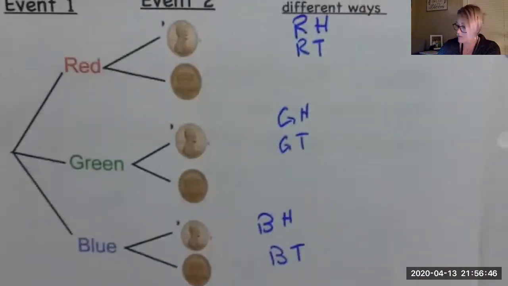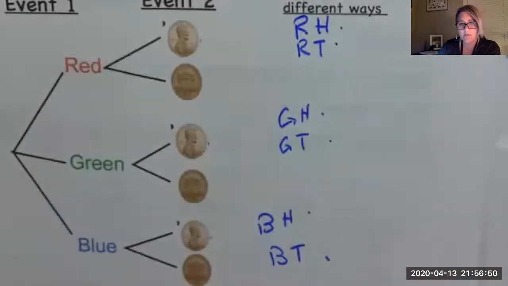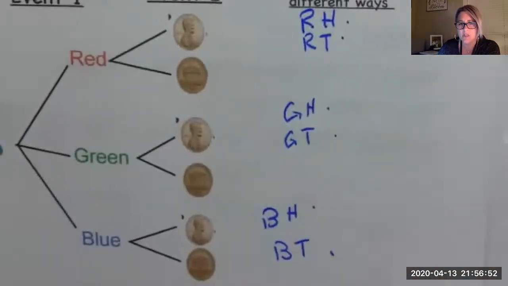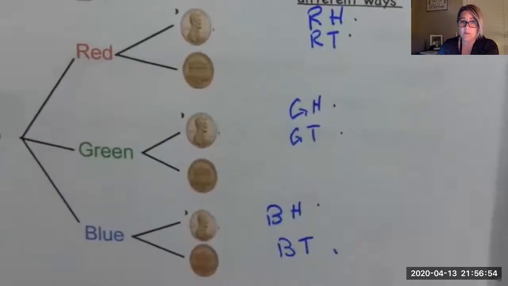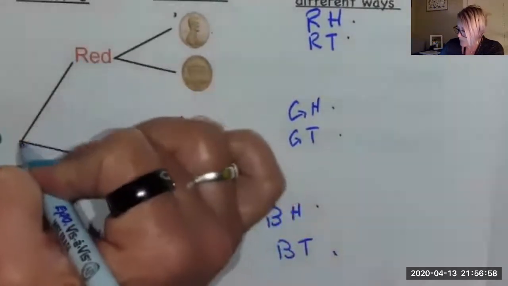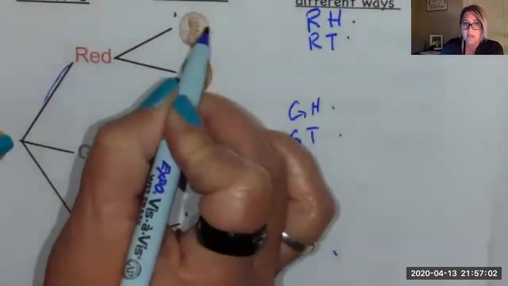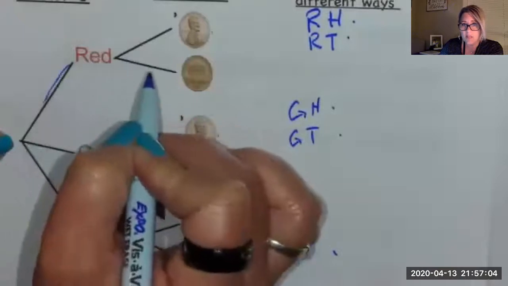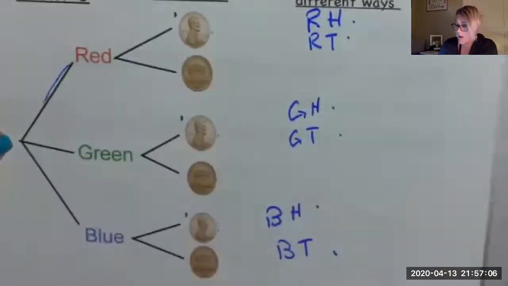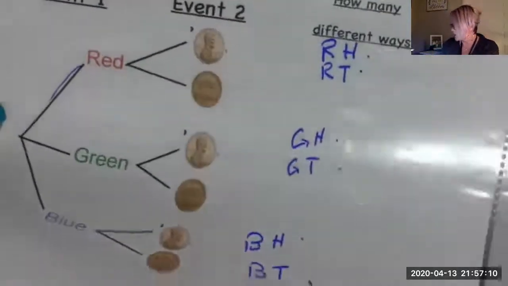How many total possible outcomes? 1, 2, 3, 4, 5, 6. We have 6 possible outcomes in a tree diagram. Tree diagrams are pretty good because you can go, well, here's event 1, so here I'm going to start. I picked a red, then I picked a heads; picked a red, then I picked a tails. We can follow tree diagrams fairly easily. Well, what are we going to do